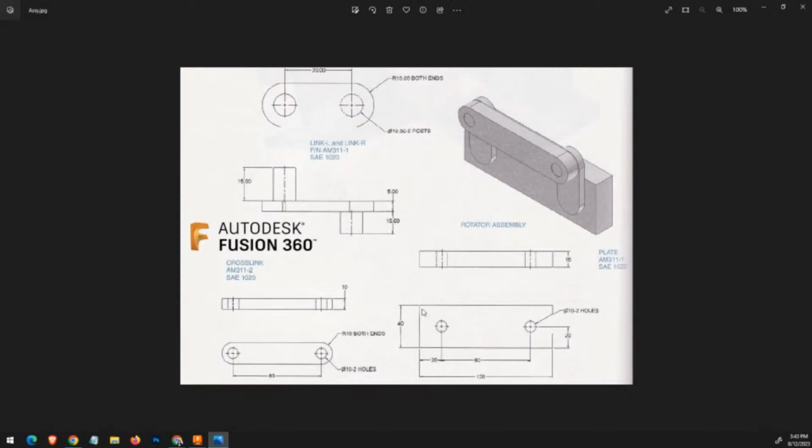So, let's now go with this one. This is a cross-link. So, let's proceed to making the cross-link. But before we go to the creation of this cross-link,